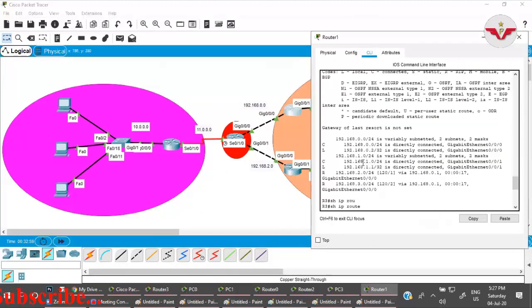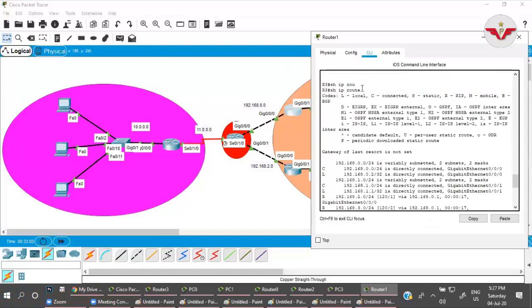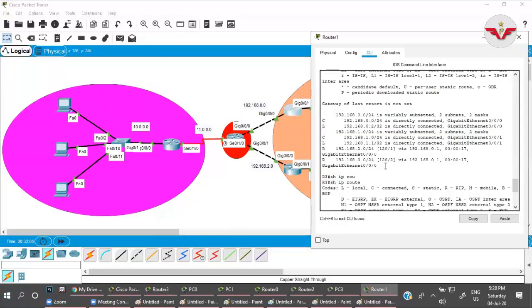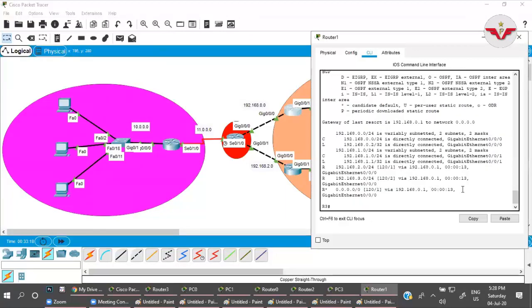Earlier, when I typed show IP route here, I was getting directly connected networks 1 and 2, and through RIP I was getting network 2 and network 3. That's it. But now, after that, when I type show IP route, it is getting another entry through RIP, star, the default information. Understood, sir.